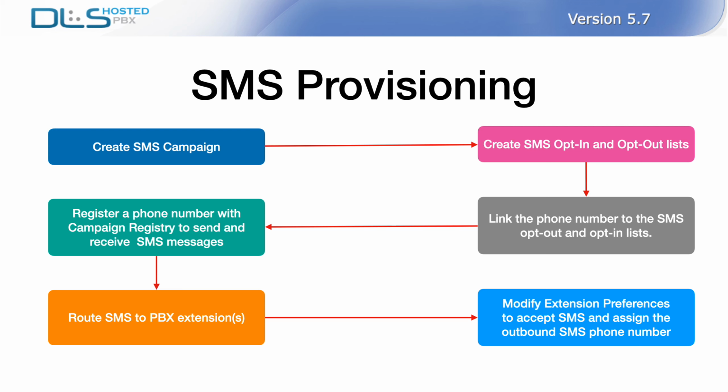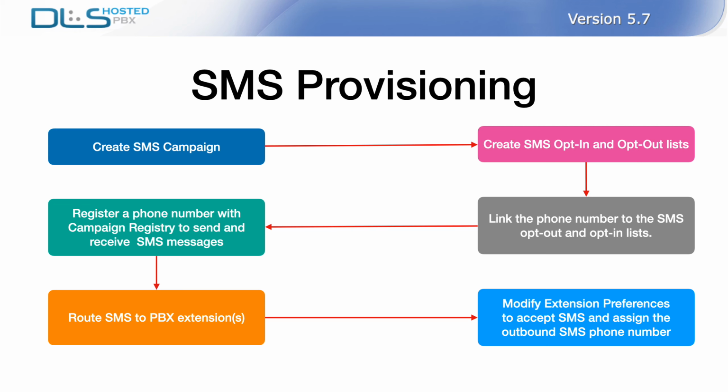In previous versions, configuring SMS and MMS services involved multiple complex steps. You had to: 1. Create an SMS campaign in the campaign registry. 2. Establish opt-in and opt-out lists. 3. Link the originating number to these lists for regulatory compliance. 4. Register the phone number with the campaign registry. 5. Route the number to one or more users or groups. 6. Return to the user profile to designate the phone number as the source for SMS messages originating from the